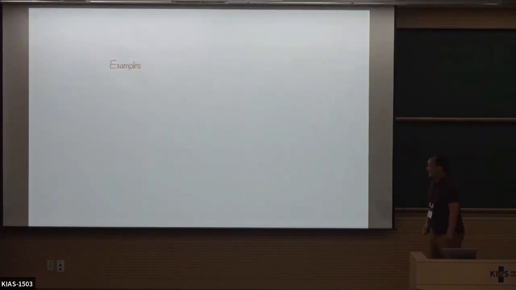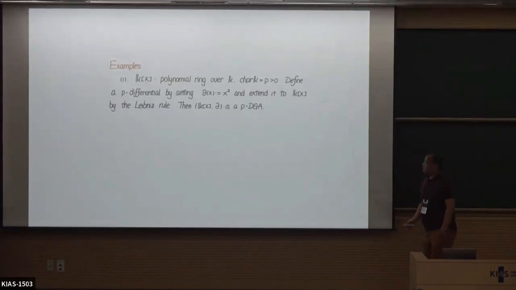Examples. What are some naturally arising dg algebras, p-dg algebras? For instance, for the polynomial ring over a field of characteristic p, you can define a p-differential just by setting d of x equals x squared and extending it to the entire algebra by the Leibniz rule. So if you have d of x to the a-th power, it's going to be a times